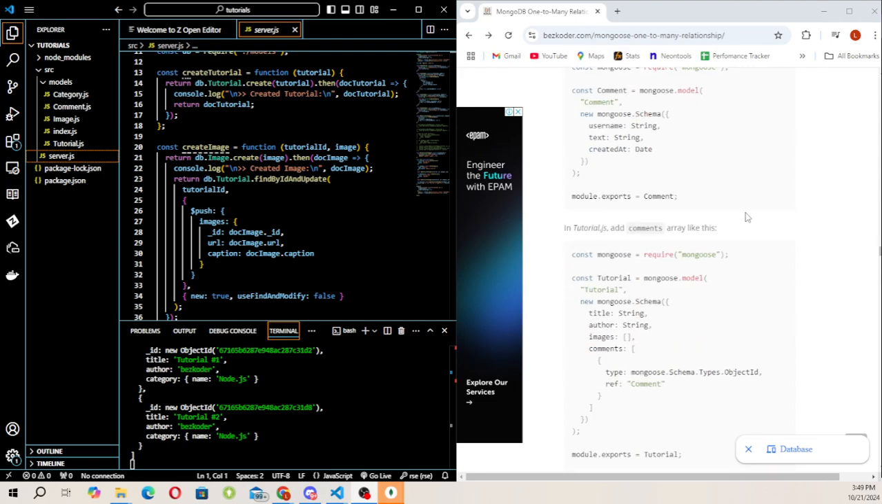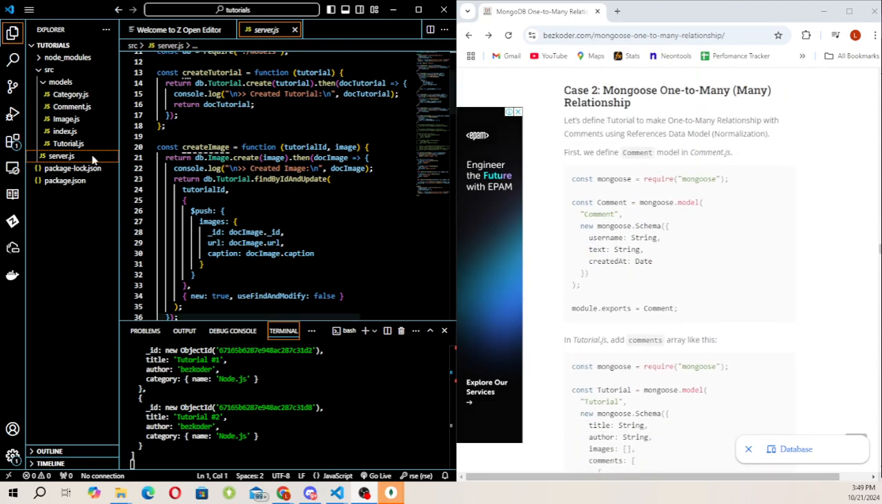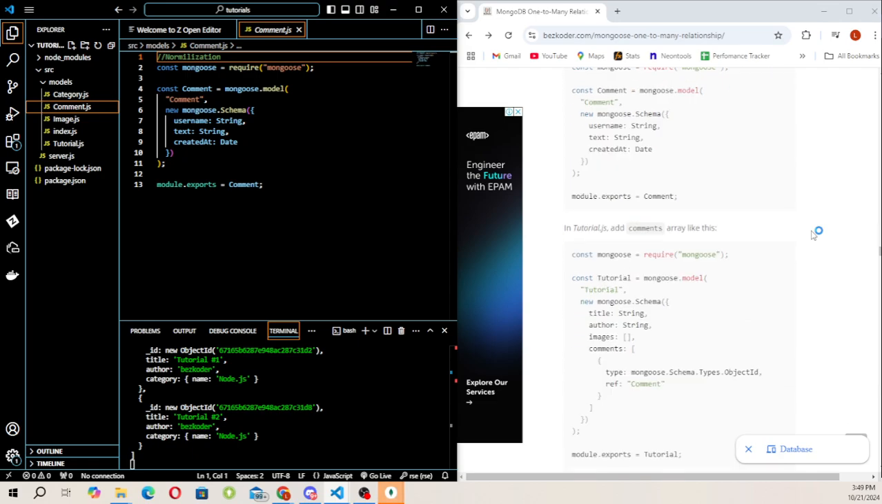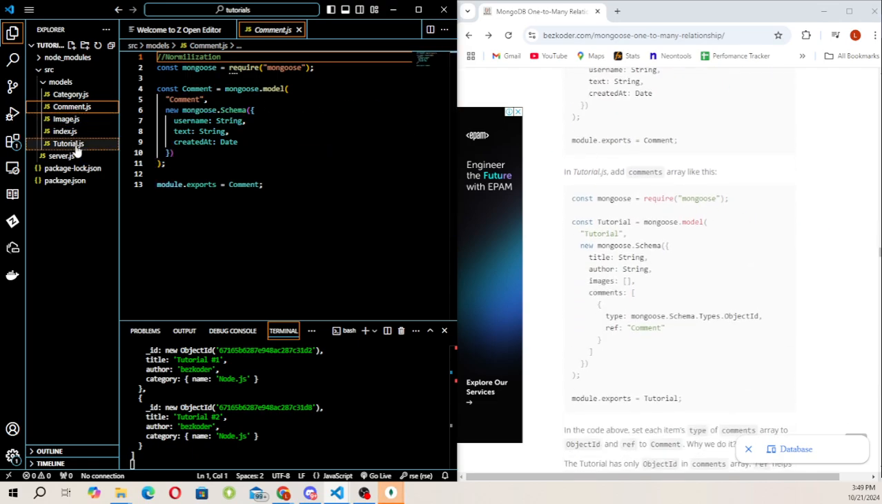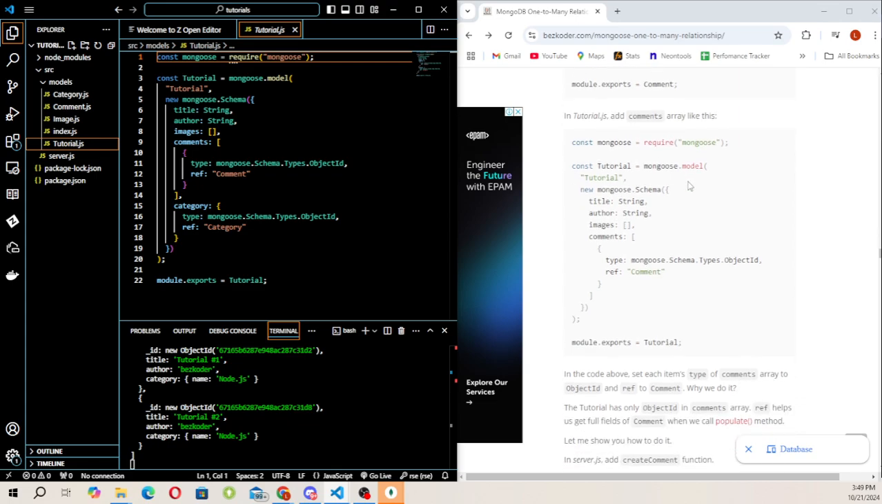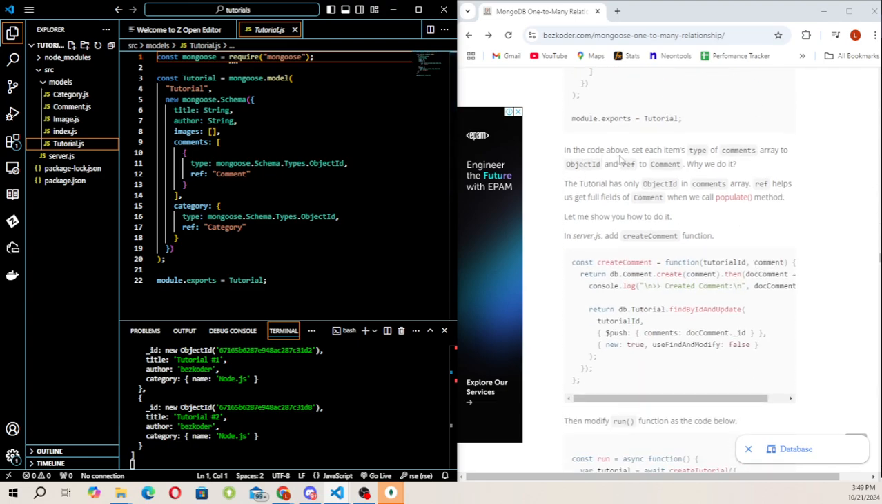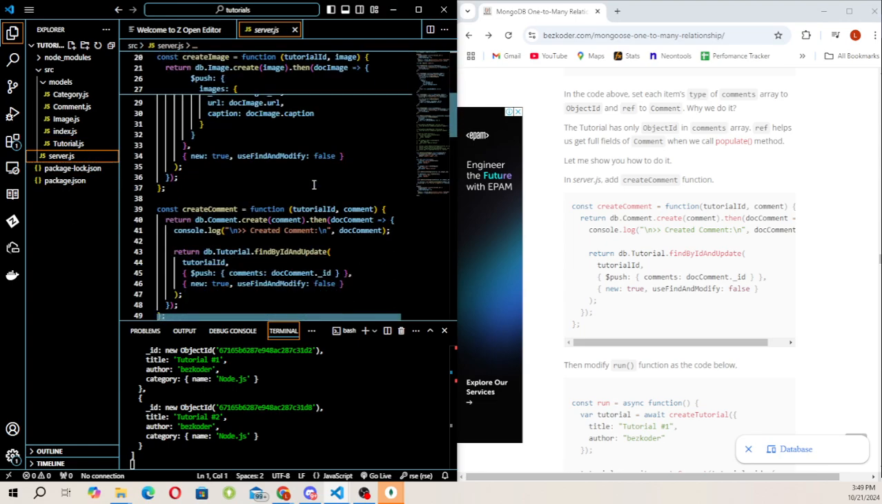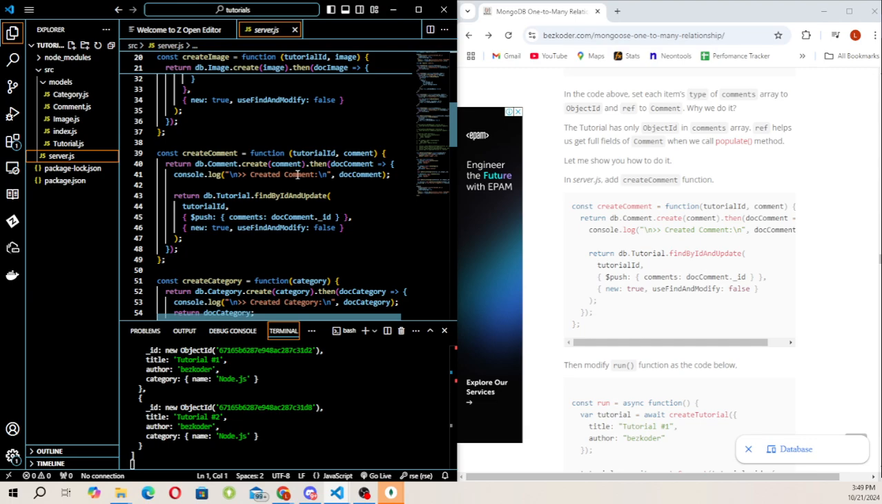And with our comments, we have this comment.js file here where we create this model for our comments. As you can see here, that's the schema. And then after that, because it's relating to our tutorials, in our tutorials we add a comments array, right? And our comments array is going to look something like this, as you can see, right? And then we can see that we have all of this. So in our server.js, we're going to have a new function here which is called create comment, and our create comment, we are going to